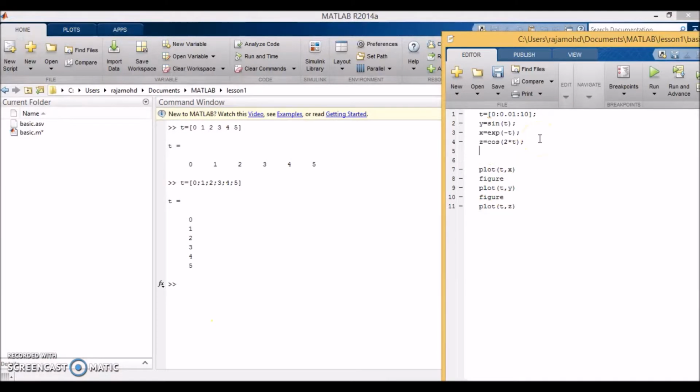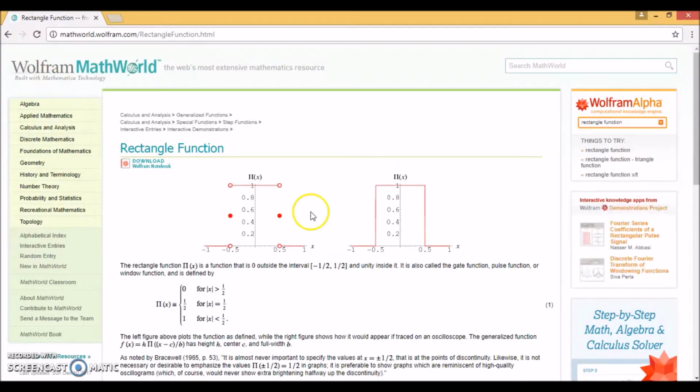Now I want to add one more function. For example, w equals rectangular t, in which I wish to have a function like this. We can check from the internet. This is the shape of the rectangular function, in which when t or x is from negative 0.5 up to 0.5, the value of the function is 1. Otherwise, the value of the function is equal to 0. So we want to plot these